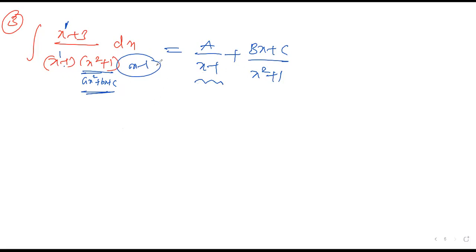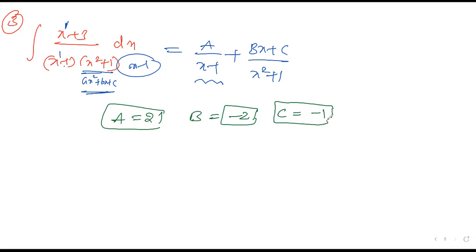What work do you need to do? Compare coefficients on both sides, highest powers. Then you find the rest of the values of b and c. Then it will become easy for you. After you work on that, you are going to get the answers. I'm trying to write directly. So a is equal to 2 you got. Then b, from bx plus c, b is equal to minus 2. Then the value of c is going to be minus 1.